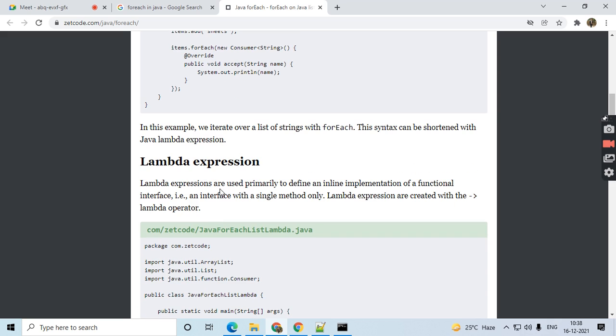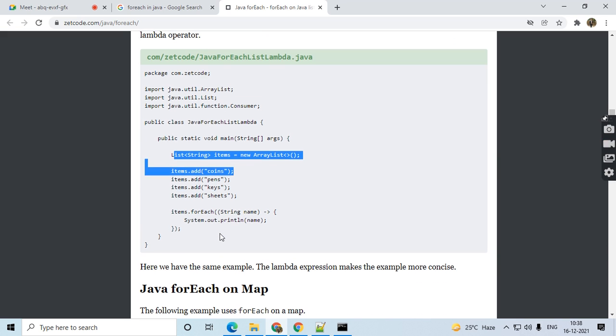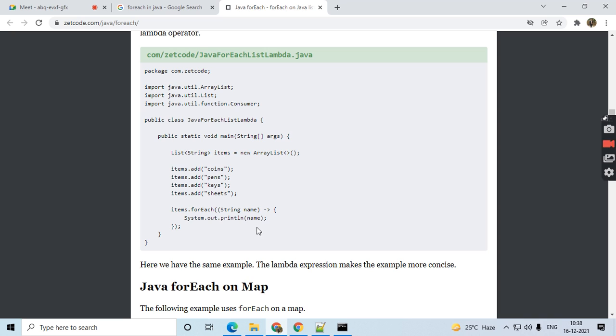There is one more, which is called lambda expression. Instead of using the functional interface, we can implement that by using the lambda expression also. Suppose this is the list called items. Different items are there, like coins, pens, keys and shirts. Using the lambda expression, when we are referring to items, we use items.forEach, which is referring to a string variable.